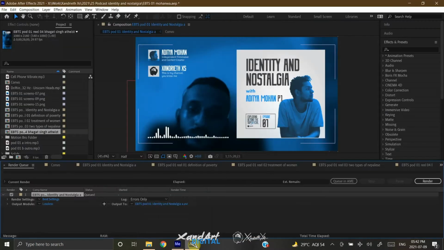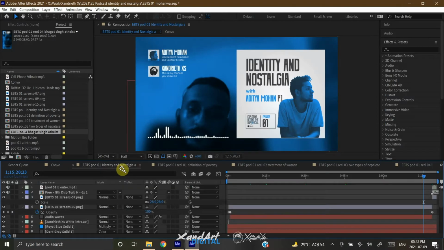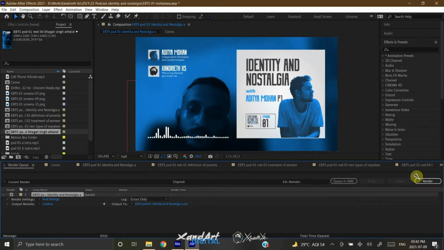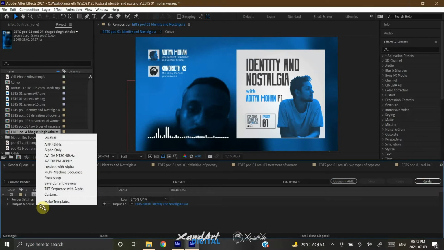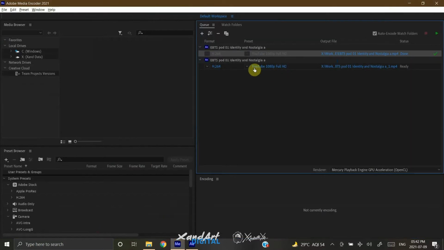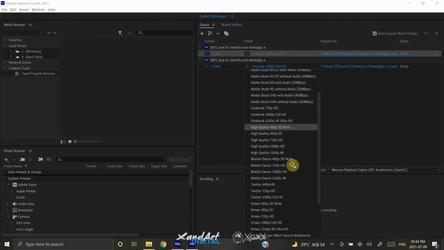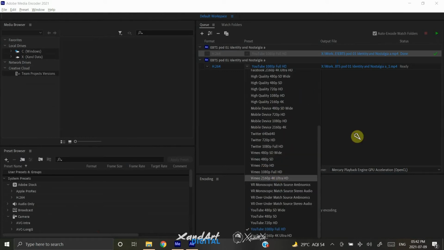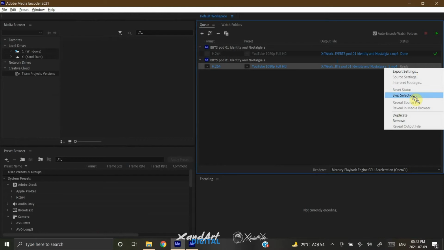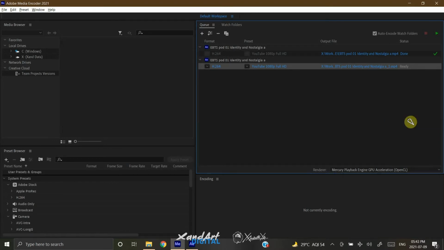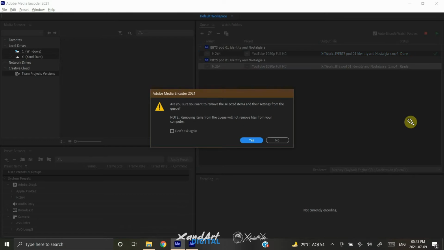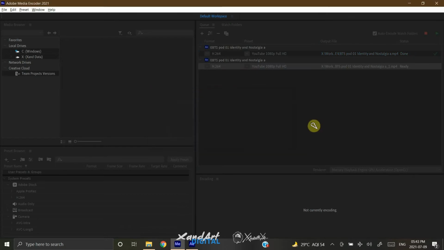Now if you have used After Effects for a little time, you know that the best way to export files from After Effects in the final form is Adobe Media Encoder. But unfortunately, in the long list of options Adobe Media Encoder gives you, even in the predefined settings, there is no option for exporting the After Effects file as an audio file. This is something I think Adobe should work on, but you don't need that, because you can export a file as an audio file within After Effects itself, and that's what I will show you now.